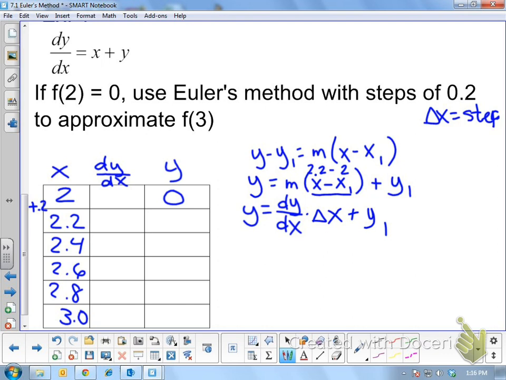Plug it into the dy dx equation, x plus y. So we know this whole thing is always going to be x plus y, so in this case, 2. So over to the side, for this first tangent line, we know y is 2 times, and then we know we always use delta x, so times what? 0.2 plus whatever y value we already know, 0. So that would give us